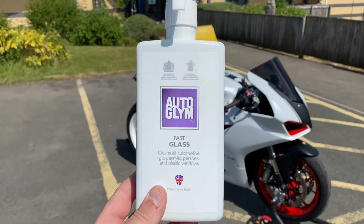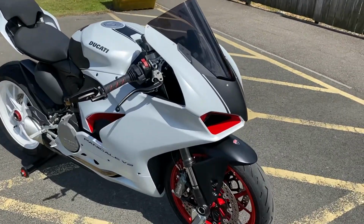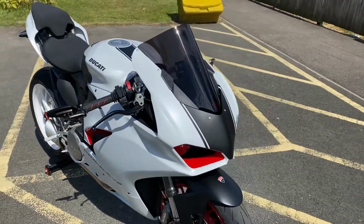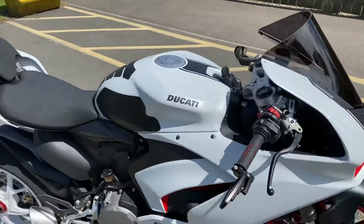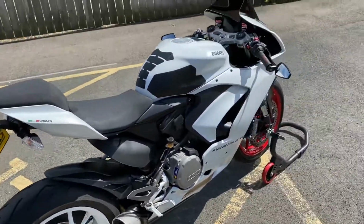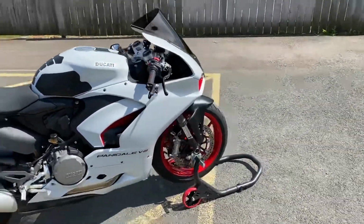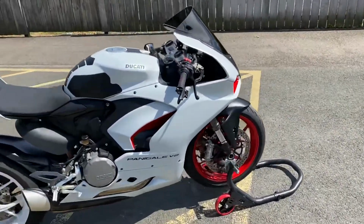I use Autoglym glass cleaner to wipe all the bodywork down, and it comes up a treat. It's absolutely fantastic. It does exactly what it says on the tin, really. It's really good stuff. But going back to the grips, what I found was, I thought, okay then, I'll clean